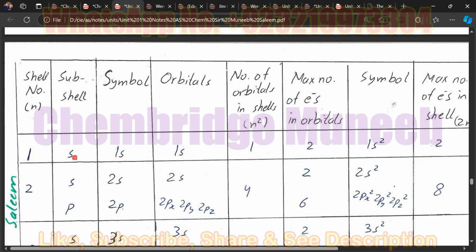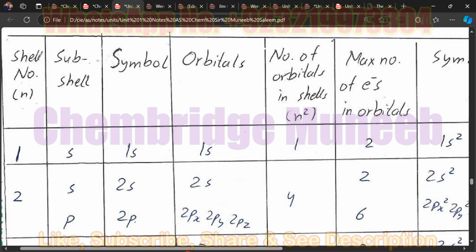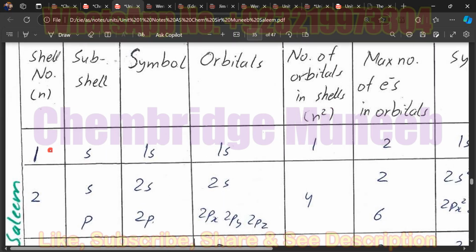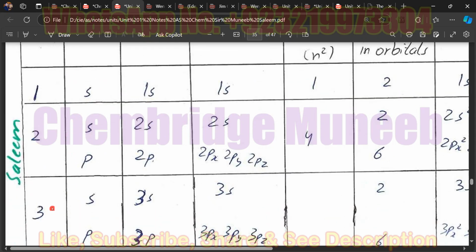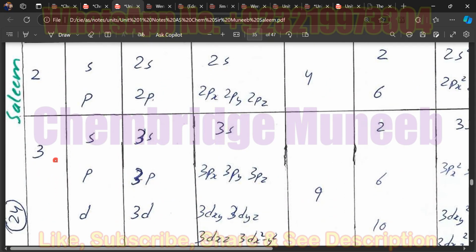When it is the second shell, there will be two subshells, the s subshell and the p subshell. And in the third shell there are three subshells, s, p,